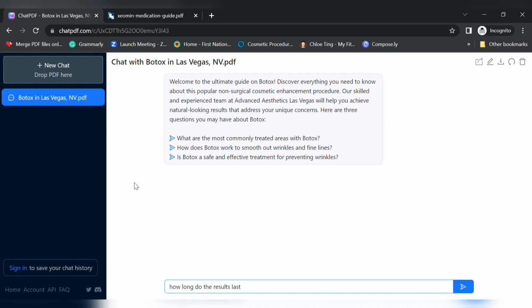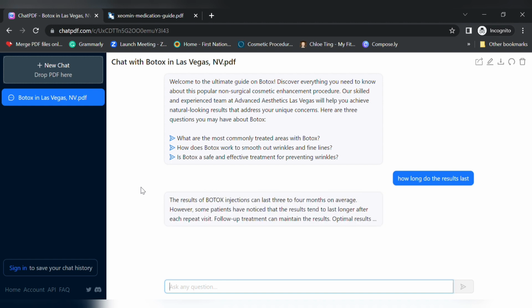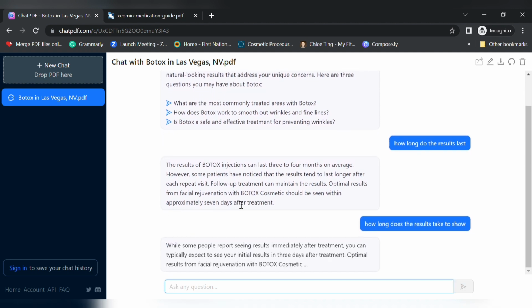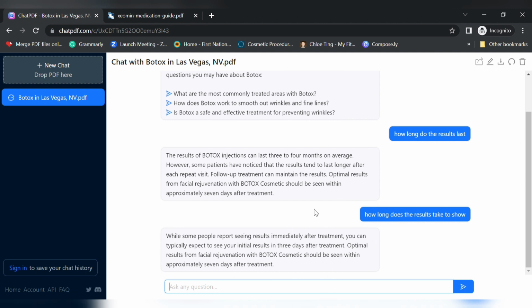last? So it's given you a pretty straightforward answer over there, and basically it has answered your question straight to the point. I'm going to ask it another question, and it's going to be how long does the results take to show? So what it's given me back here is an answer that sums up probably a 200 to 300 word paragraph in the article, and it is giving me a short yet to the